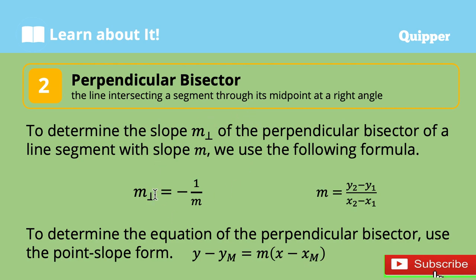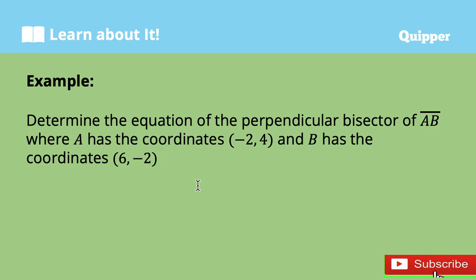So most of the problems here under perpendicular bisector is you are going to determine the equation of this perpendicular bisector. And for example, determine the equation of the perpendicular bisector of line segment AB, where A has the coordinates negative 2,